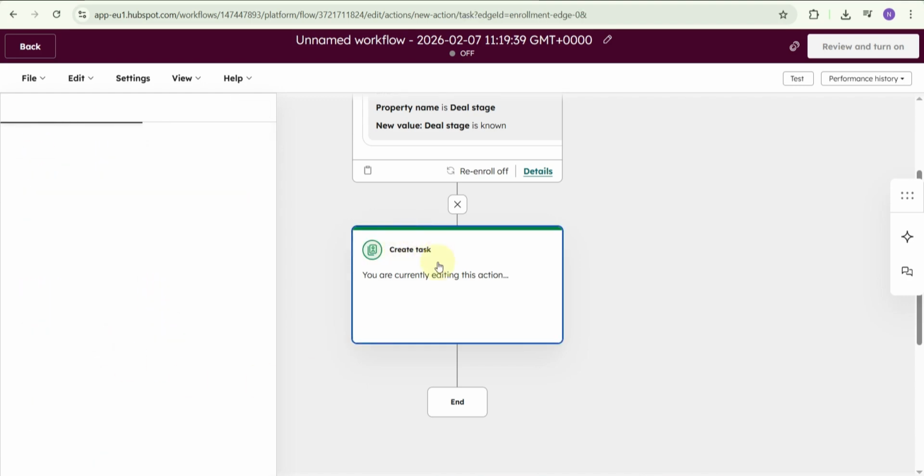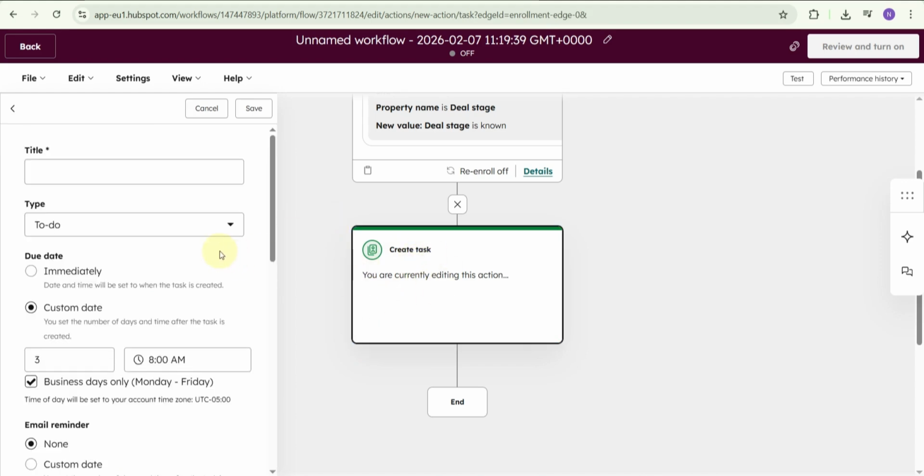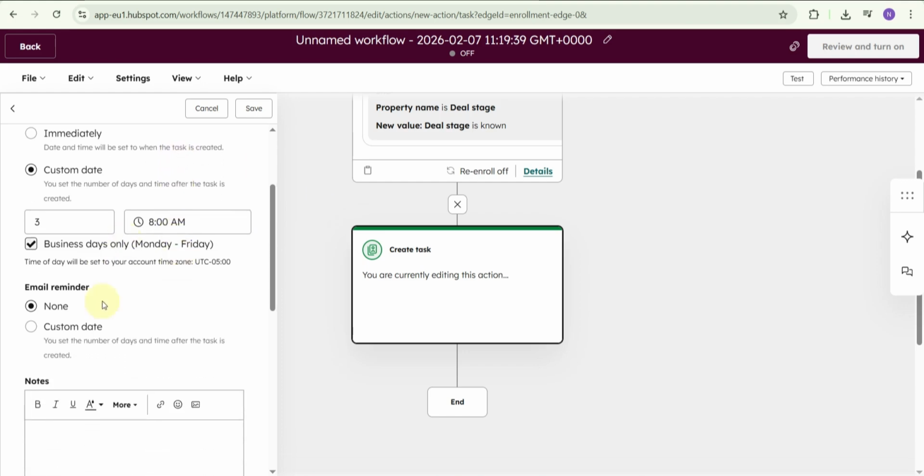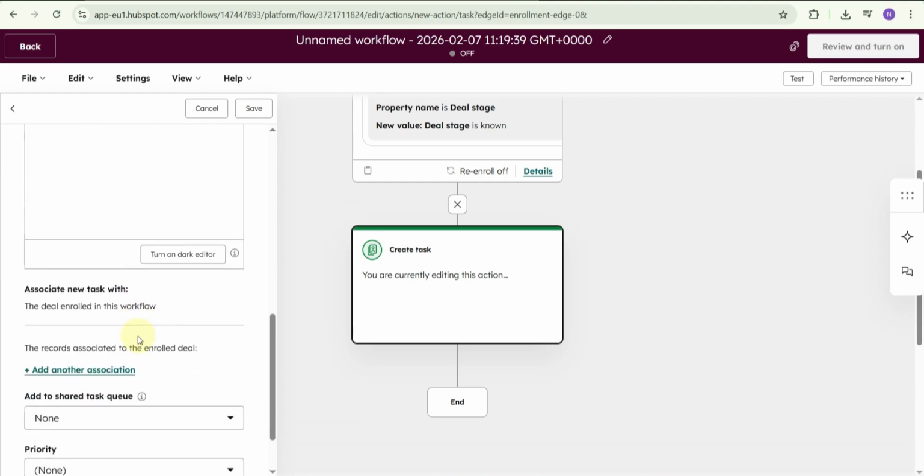Click on this and then just edit it out how you want it to be, like defining the task details, the due date, and the likes. Once you're done, just review and publish this. That's it for this